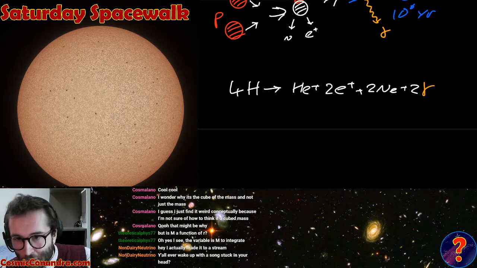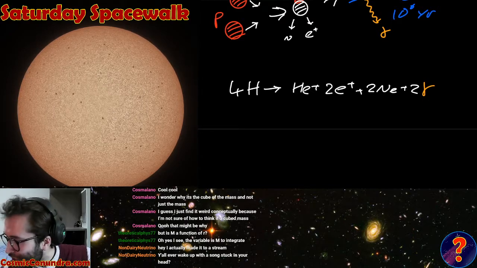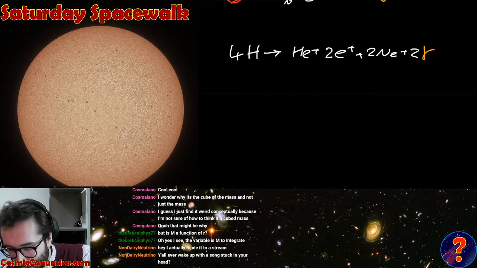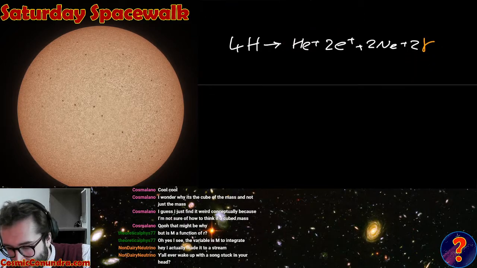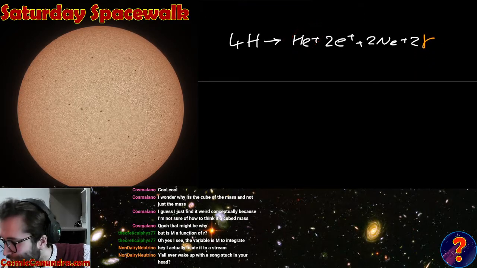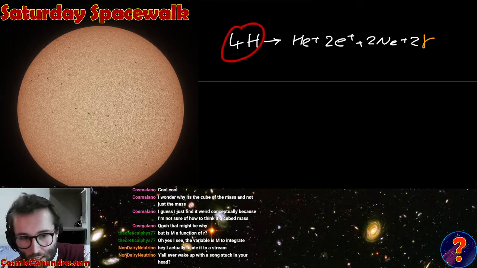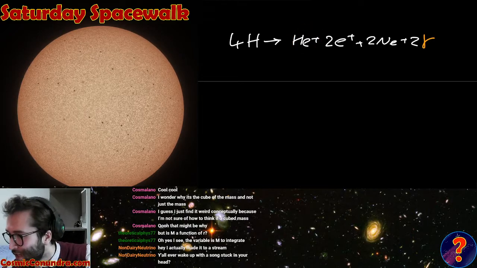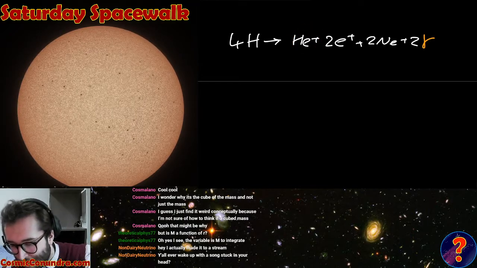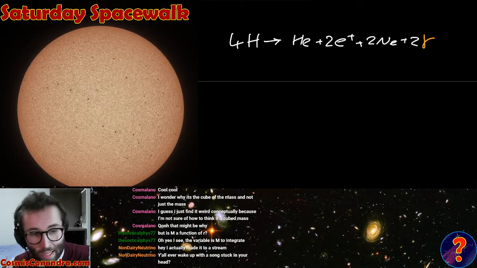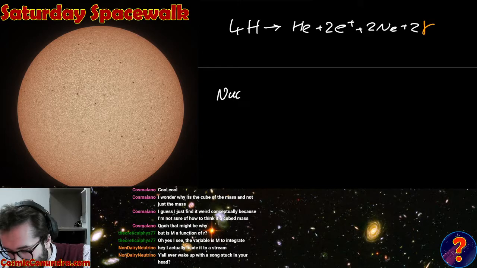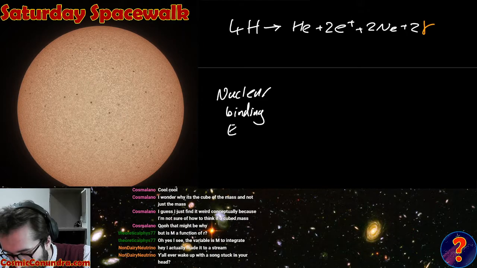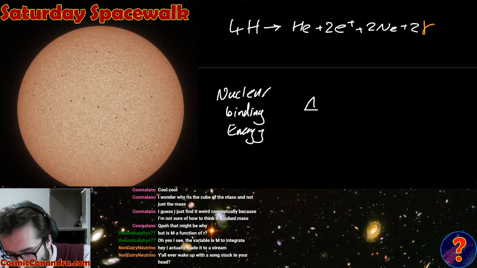Okay, so this is the net reaction. And the way this generates energy is that there's actually a deficit between the masses of what's on the left-hand side and what's on the right-hand side. So this helium nucleus here actually doesn't weigh the same as these 4 hydrogen nuclei that came before. It weighs slightly less. So overall, this reaction seems to have a sort of deficit mass to it. We end up with less mass than we started. And what happens to that energy? Well, it's released according to